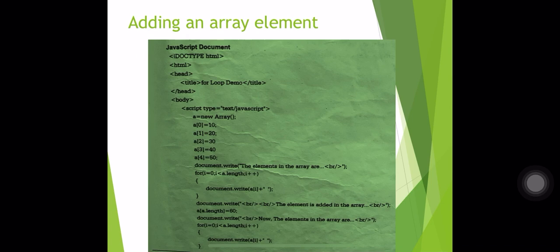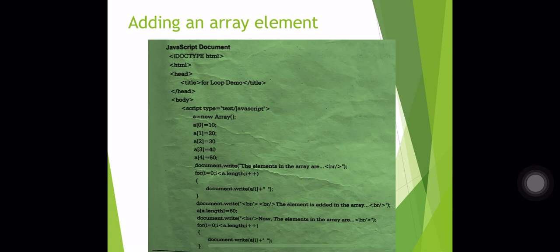So document.write, the element is added in the array. After that, to add an element in the array, you will write a[a.length] is equal to 60. So this will add the 60 as an element at the end of the array.